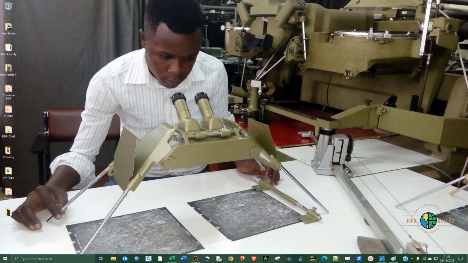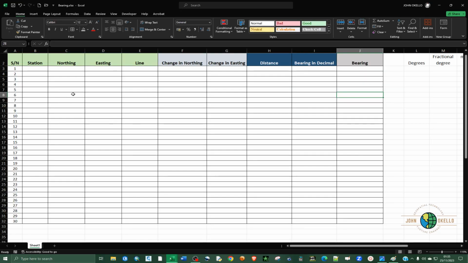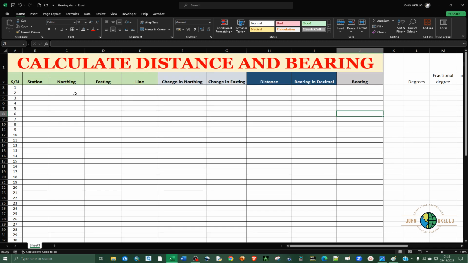Today I'm going to show you how to calculate distance and bearing inside Excel using known coordinates. So we're going to calculate the distance and bearing between 2 points. If I open up this Excel sheet, I've created this one from scratch, and what we're going to do,